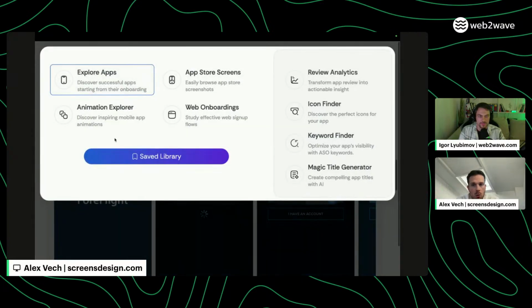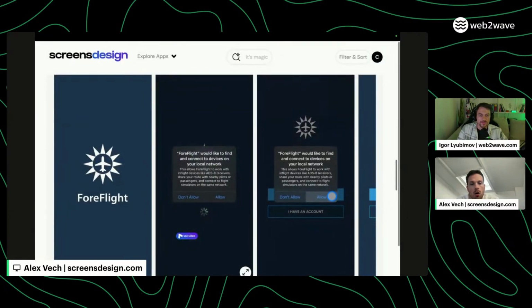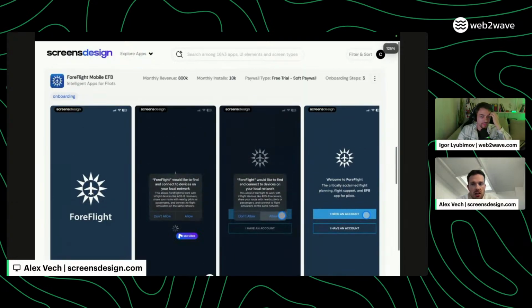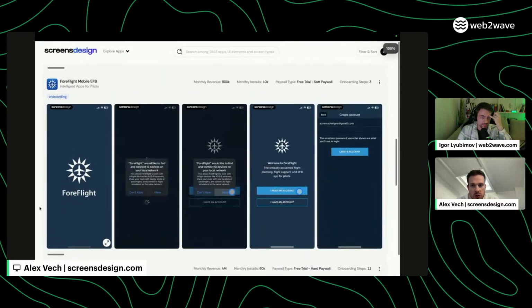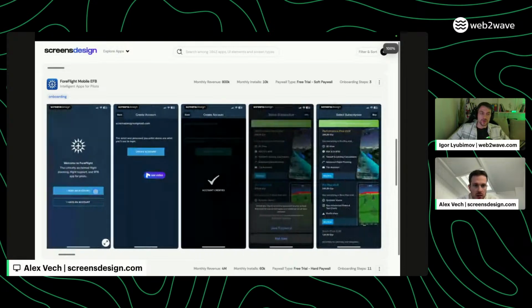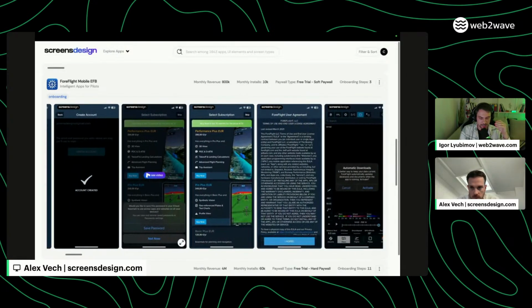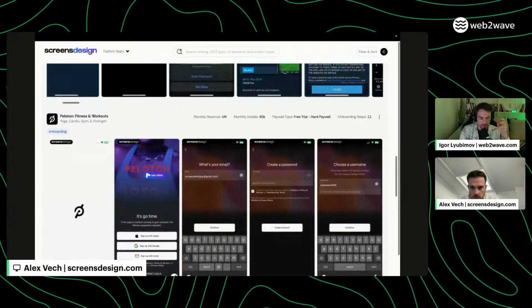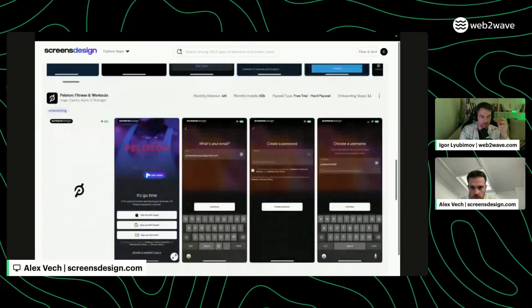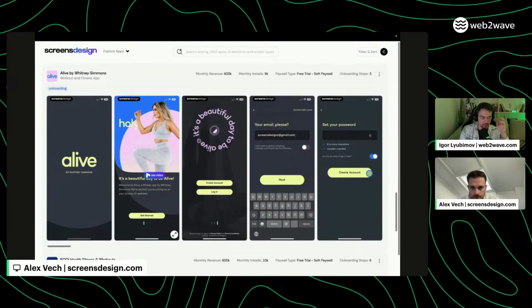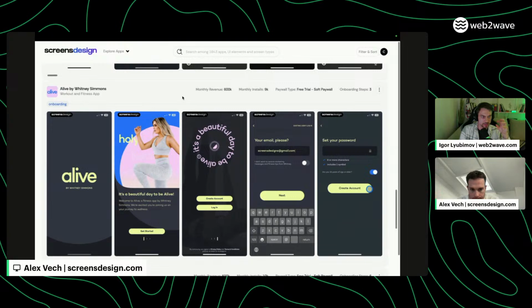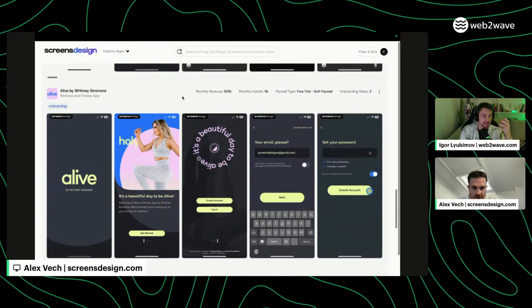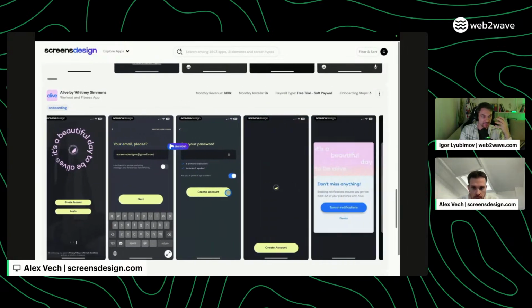If you go here to web onboardings, you can see that on web the funnel is a lot longer because you need to cook for longer in order to prep your users for a conversion. You need to convince them. The other thing is, the user in your mobile application already understands where they are. They went to the App Store, they saw the screenshots, they invested their megabytes, their time,